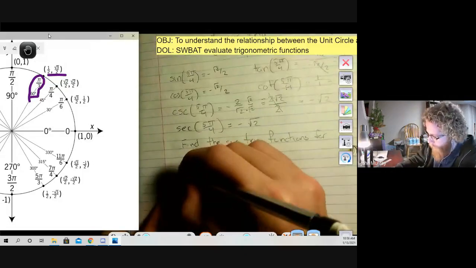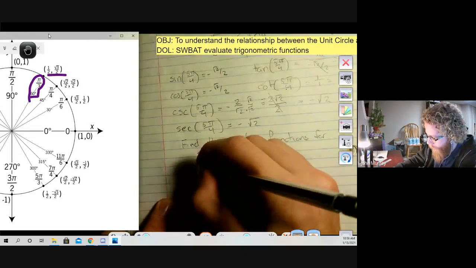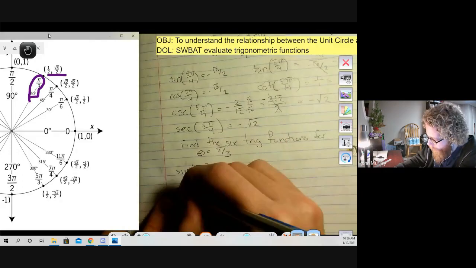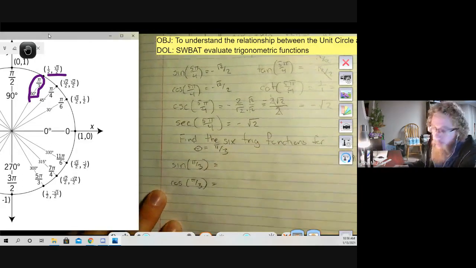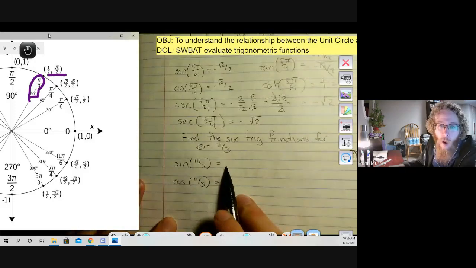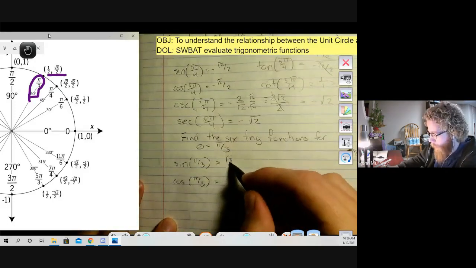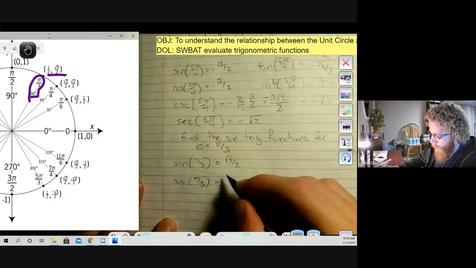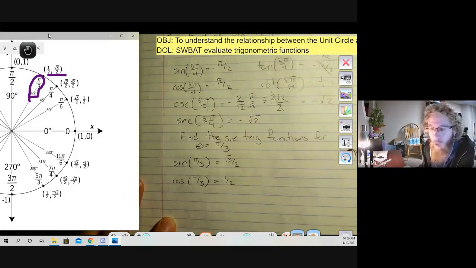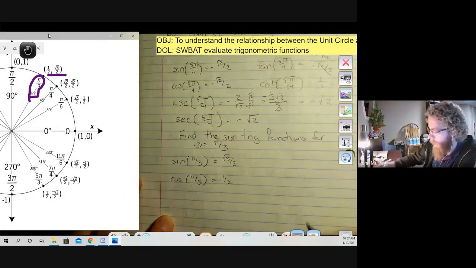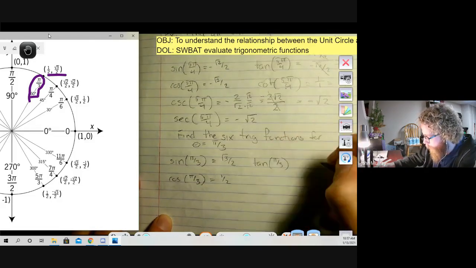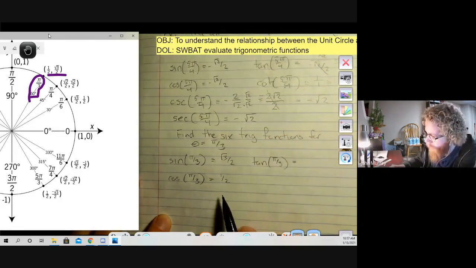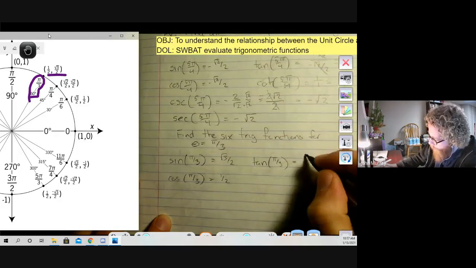All right, so again, sine and cosine are your simplest. You're just looking at the x and y values. The sine is the y value, so the sine is root 3 over 2. The cosine is the x value, 1 over 2. Now for tangent, it's going to be root 3 over 2